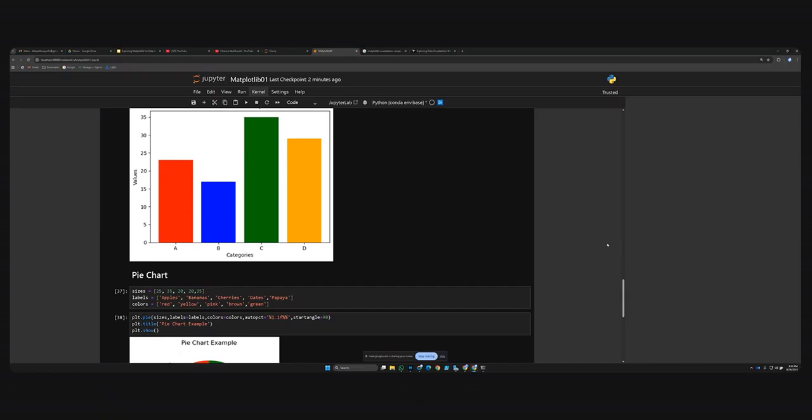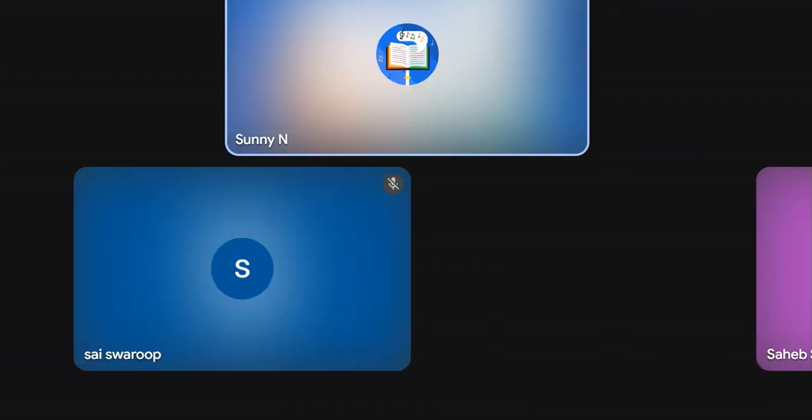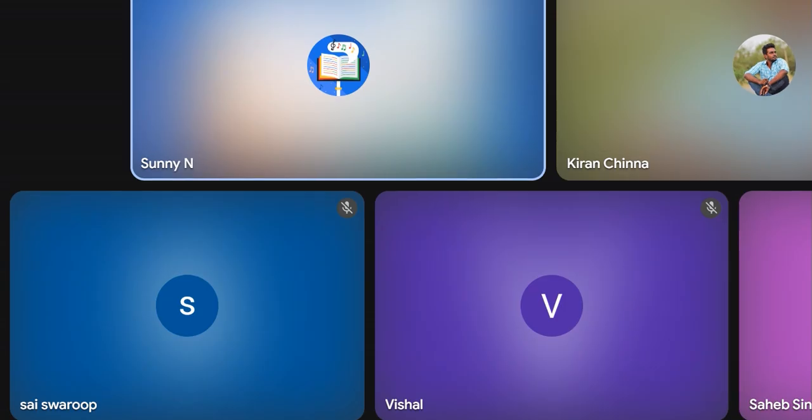So we will resume on Thursday, and Monday we will finish Seaborn, and after Seaborn, from the next sessions we will do EDA. We're going to combine all four topics that we have learned: pandas, NumPy, Matplotlib, Seaborn, and apply them in our learning. Okay, guys. Okay, you can stop the